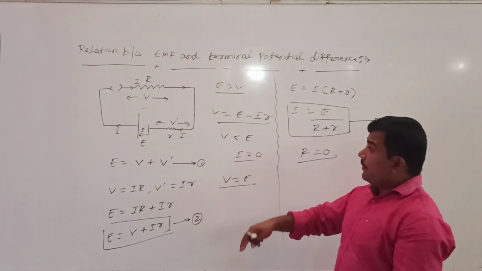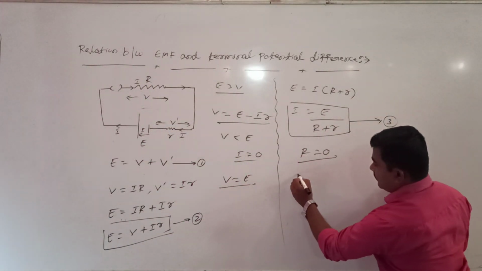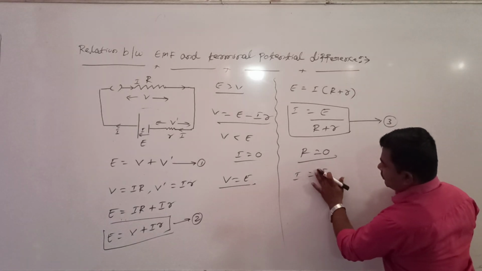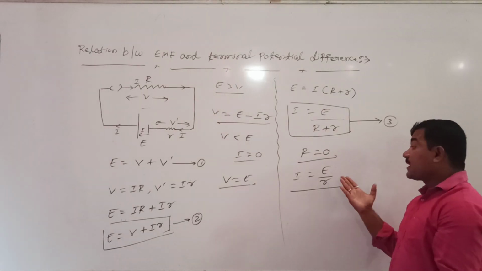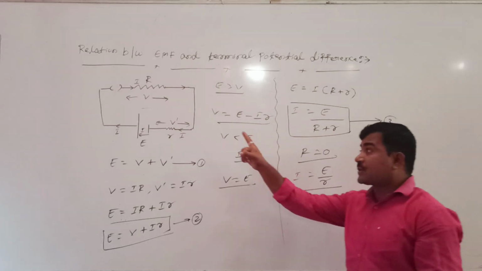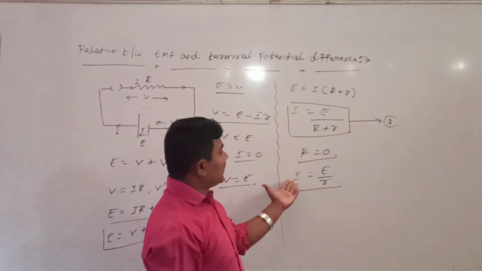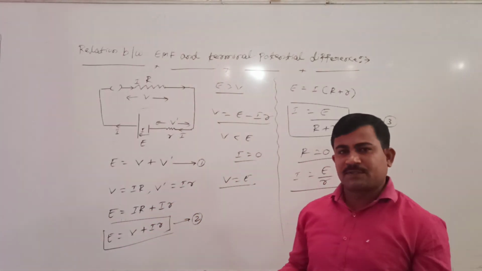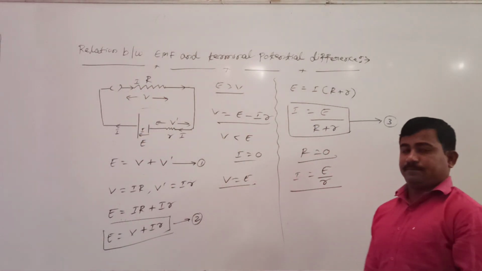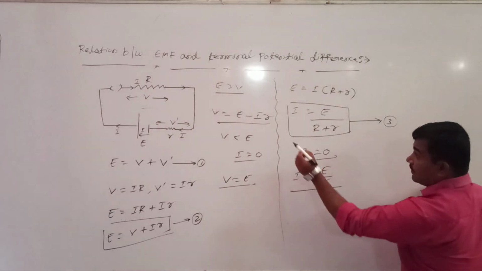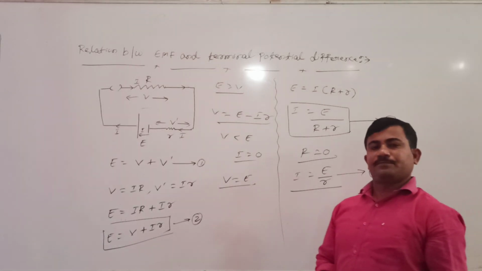Getting my point? But whenever no external resistor is applied, then what about this equation? I equal to E divided by how much? I equal to E divided by small r. I mean, the maximum current can be drawn from the cell when no external resistor is connected, even though due to no external resistor the current might be high and you may damage the electric circuit. That's why we apply the external resistor, to limit the current in electric circuits. But the maximum current drawn from the cell can be represented by this equation by taking no external resistor.